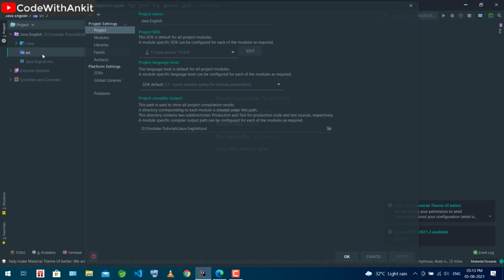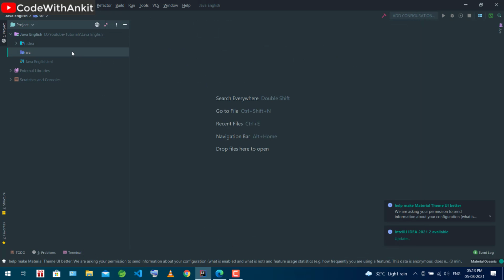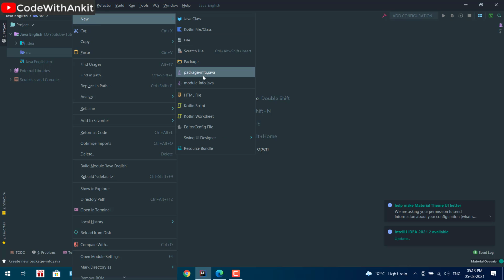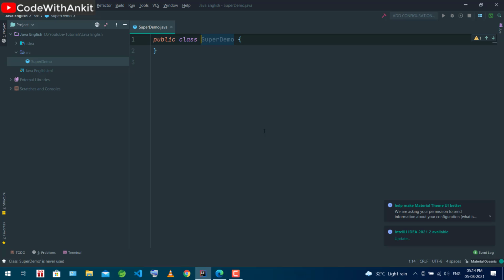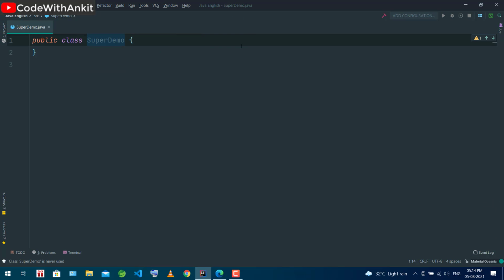Let me give an example. I will create a class here called SuperDemo. I have opened IntelliJ IDEA, the IDE I generally use to teach and to program.